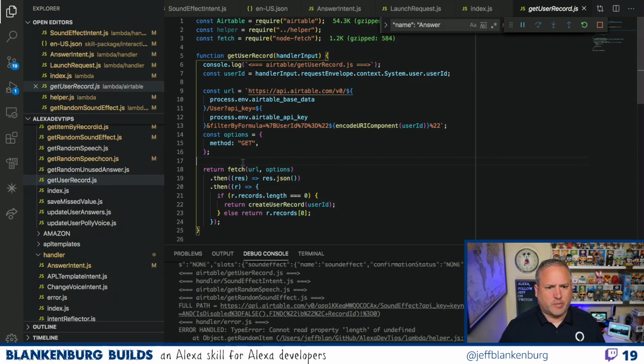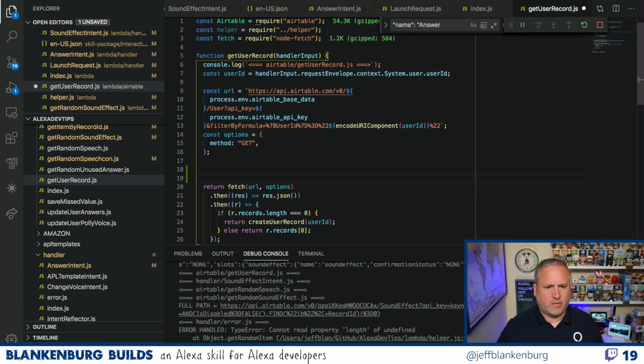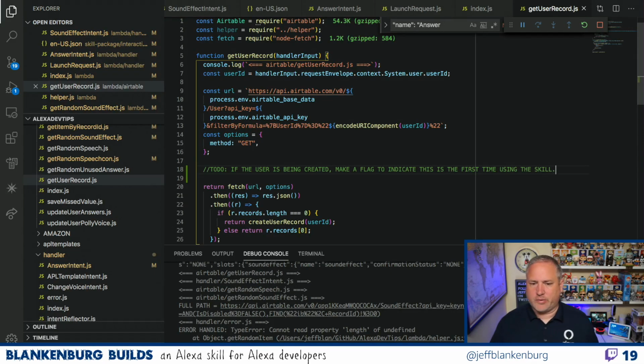So if the user is being created, mark a flag to indicate this is the first time using the skill. And that'll allow us to call out and get the appropriate data from the appropriate table.